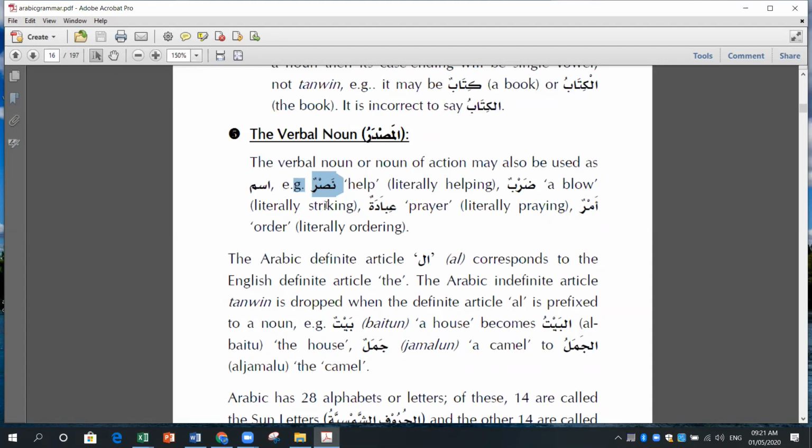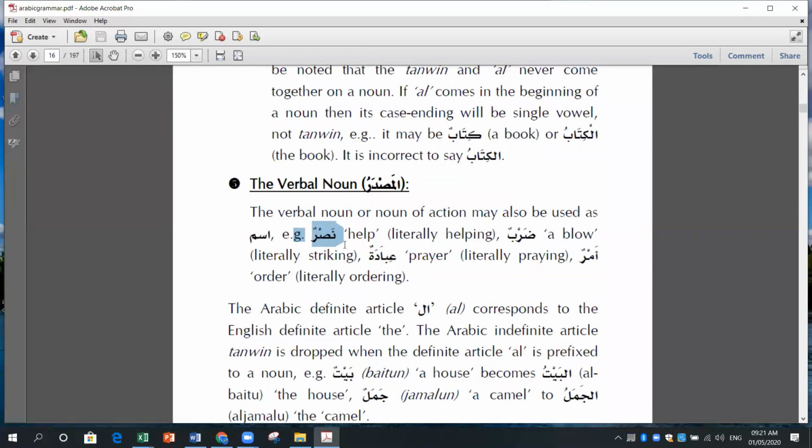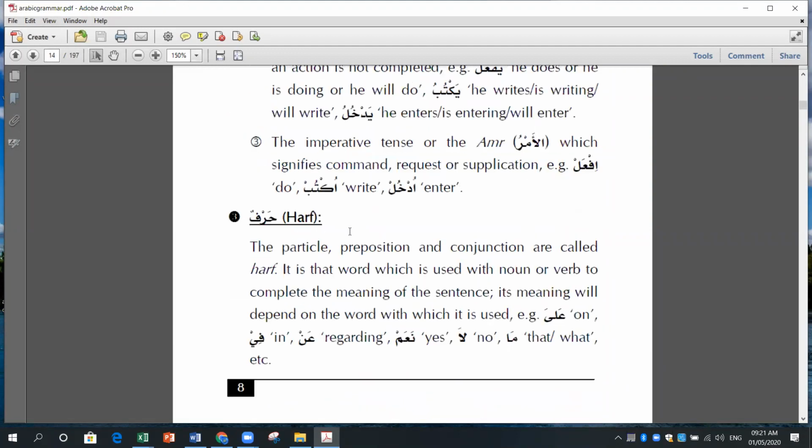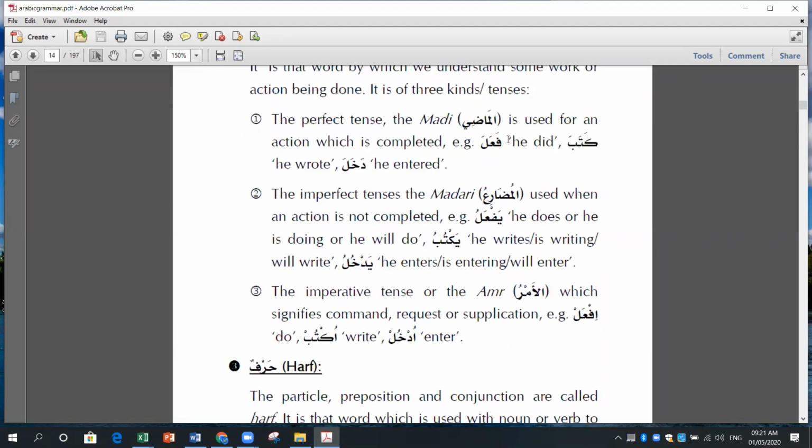But if I now put it in the scale of a verb, for example, this one, the three scales, if I say nasara, then it will become a verb. Nasara, he helped. I hope you got it, right? So with the change of movement,